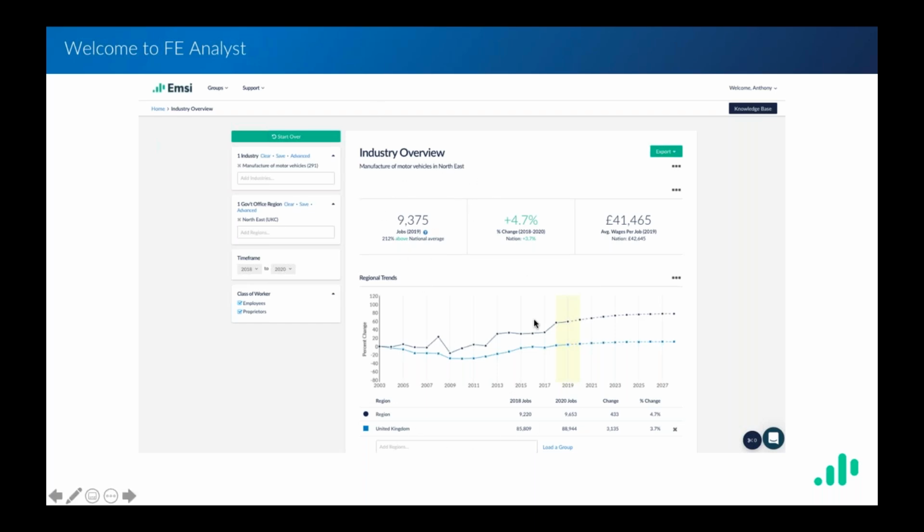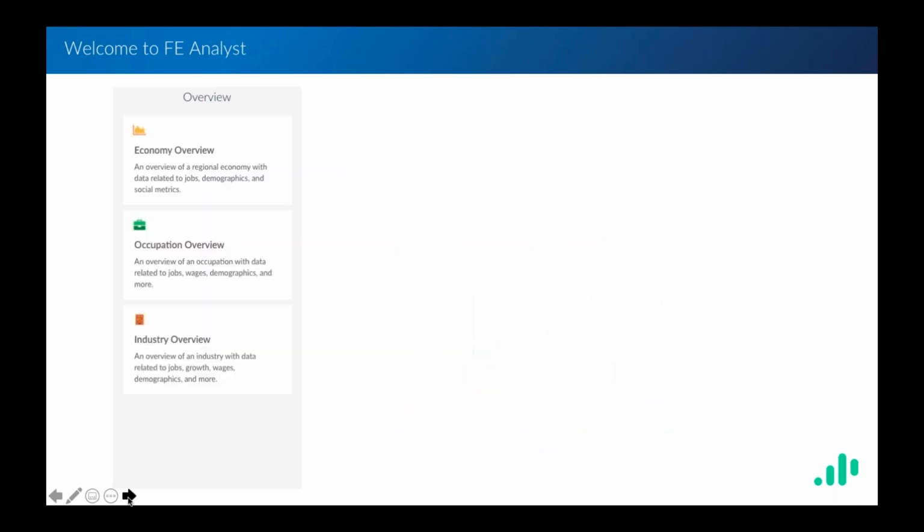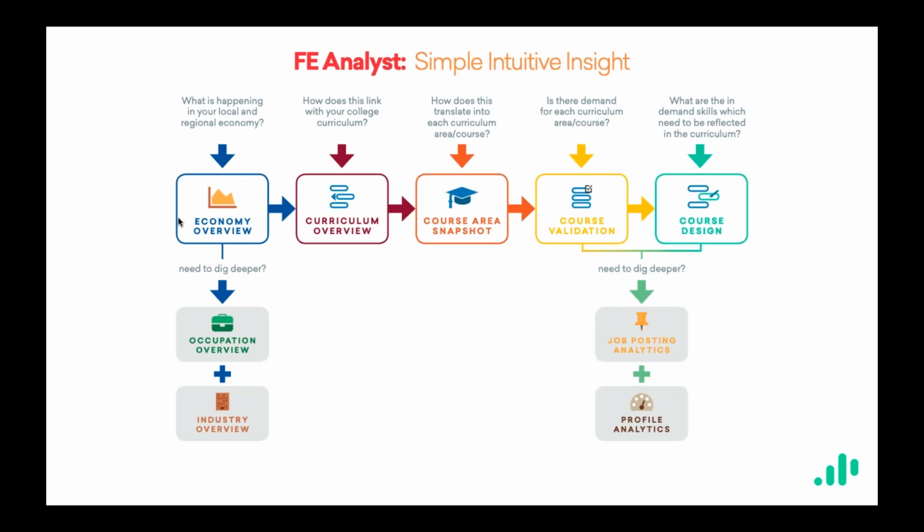We might add in another region here if we wanted to see how jobs have trended and will trend in the future in our investigations. So that's the industry overview report, and we can do exactly the same if we choose by digging deeper into a particular occupation or a job by running the occupation overview report, which is very similar. I'll keep moving though,